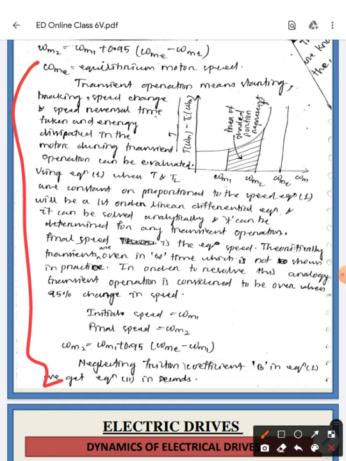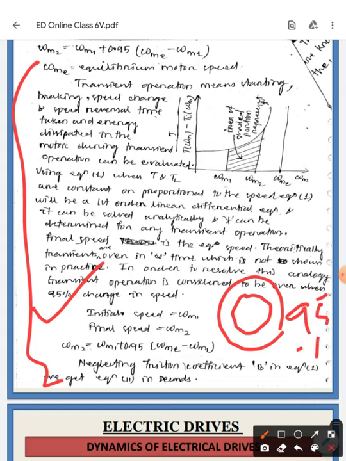We need to consider that the transient operation is over when the speed changes by 95%. That means suppose one motor is rotating, and due to the transient operations the motor speed changes, and if there is a change of the motor speed of 95%, then we need to